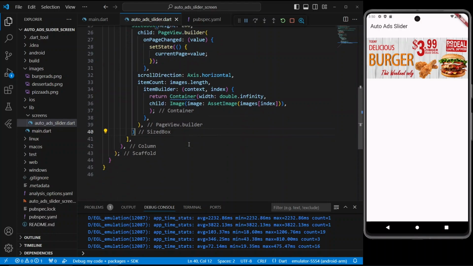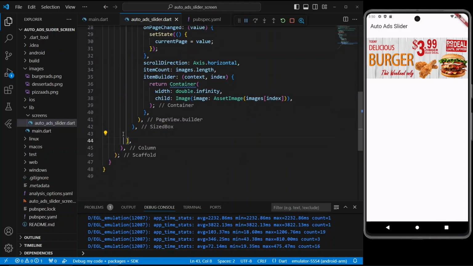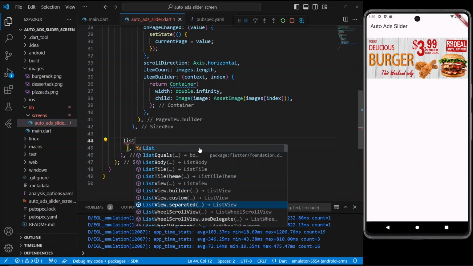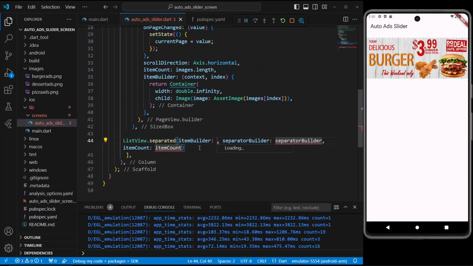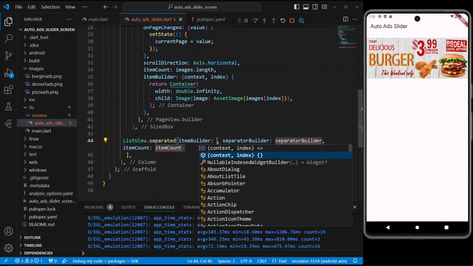We will create a small container as a mark of the current page. So select the ListView.builder, and the ListView.builder contains an itemBuilder property for index.